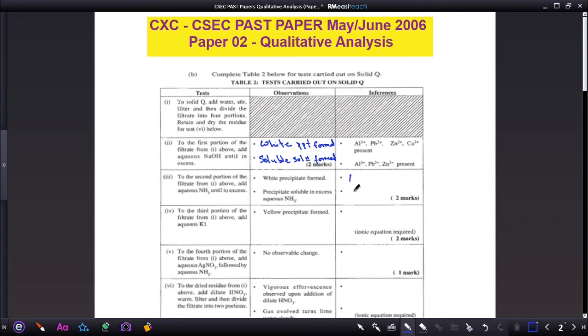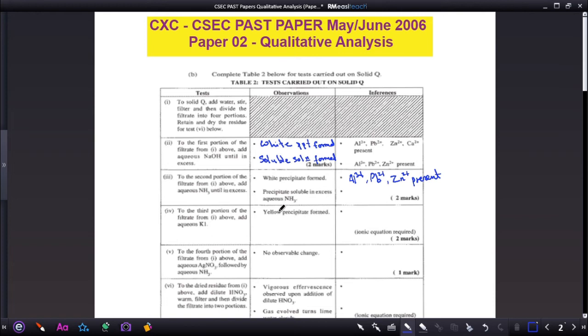However, aluminum ions, Al3+, lead ions, Pb2+, and the zinc ion, Zn2+, those would be present when dropwise. Okay, now